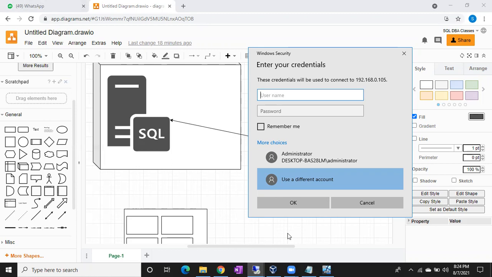Yes, you have to connect to the Windows team. Who is there for us? Our account is created by the Windows team only. DBA accounts will be created by the Windows team only. In case the DBA has forgotten his password, or if his password has expired, usually in the organization it is very common, your password will be expired every 45 days. Okay, in the organization, every 45 days your password will expire.